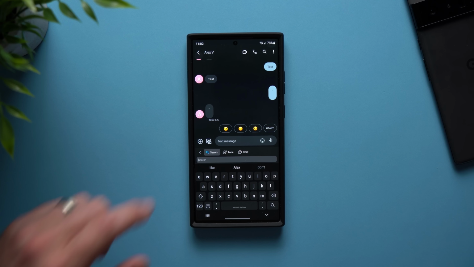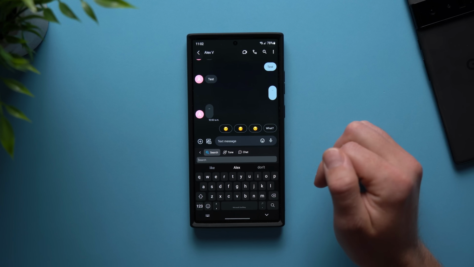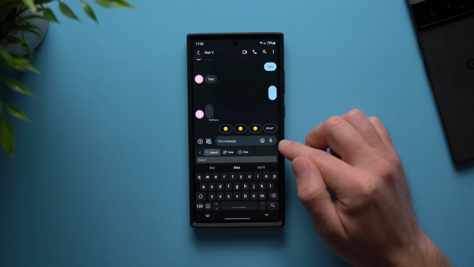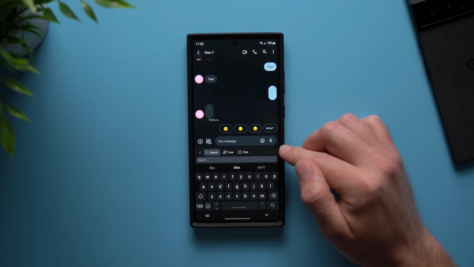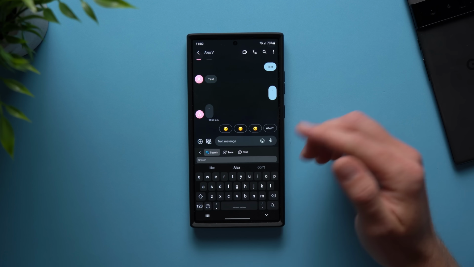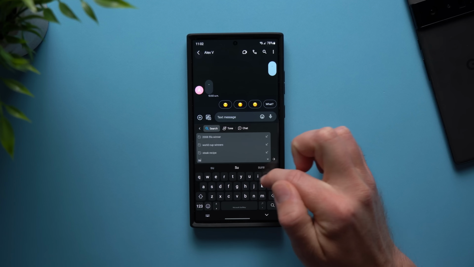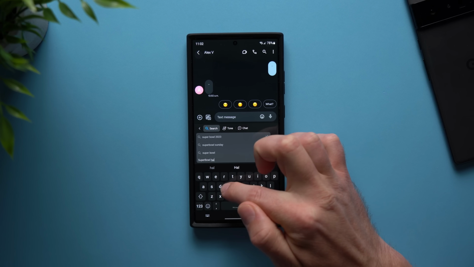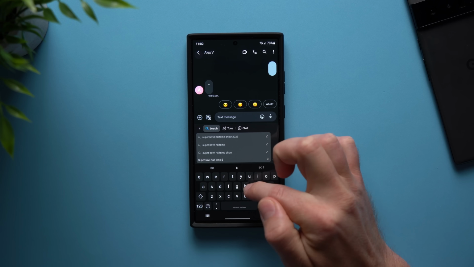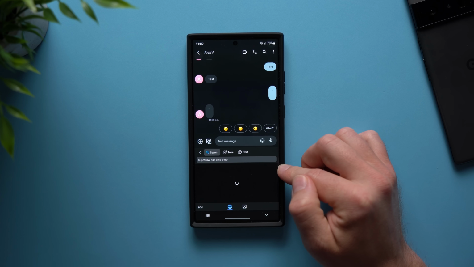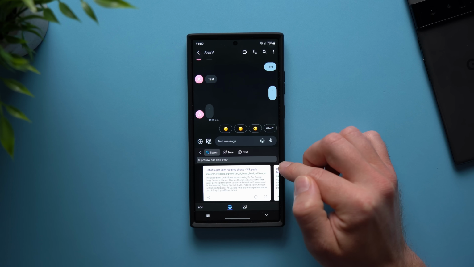If we tap on this, you'll see we have a few options here between search, tone, and chat. So what's really cool about this is if, let's say, you're having a conversation with your friend and maybe you're talking about a specific topic and you maybe want to do some research about it and link that article to your friend. So let's say maybe you're talking about Super Bowl performances. So we'll type into here Super Bowl halftime show,